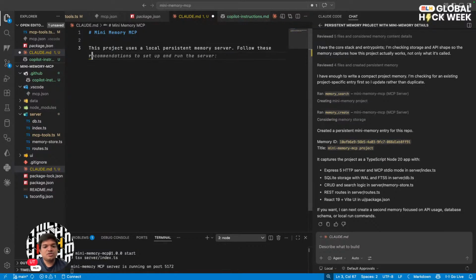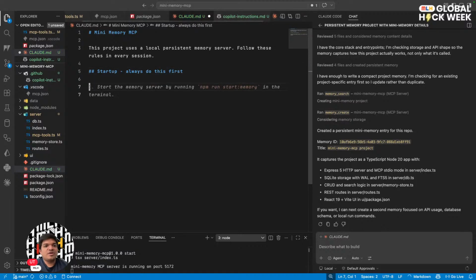Follow these rules in every session. Startup, always do this first. What it needs to do is call memory_list